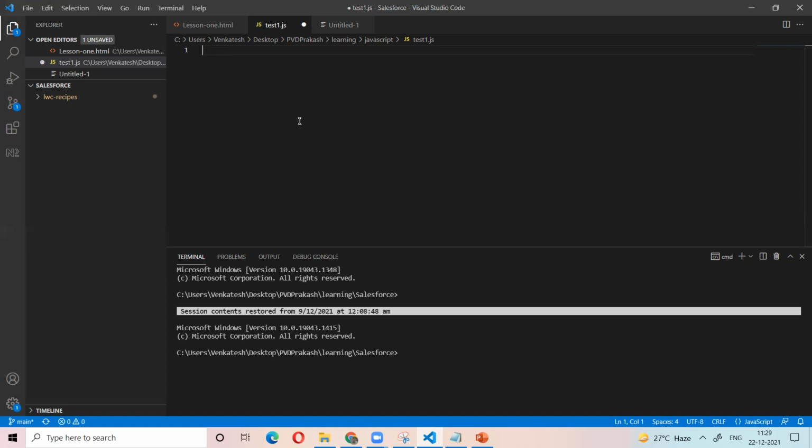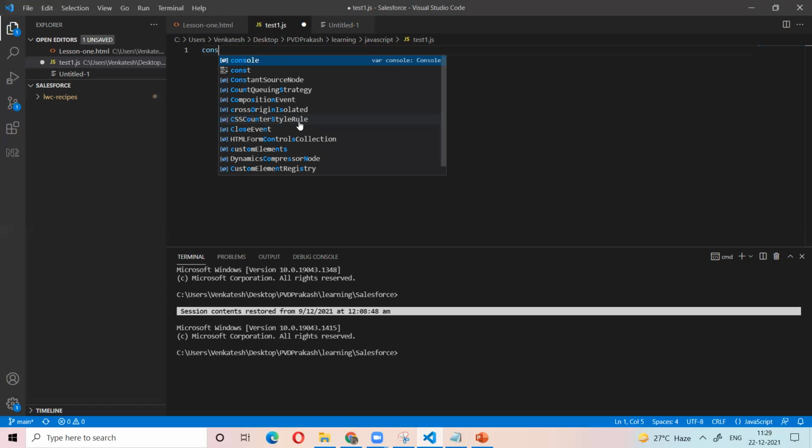Let's see. For example, variables we can declare using let or var. I will explain the difference between let and var in the next class. In this class, I will use let. Now let's see how to write the constant.